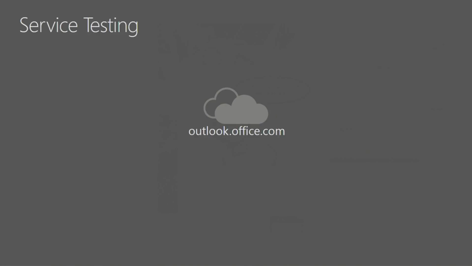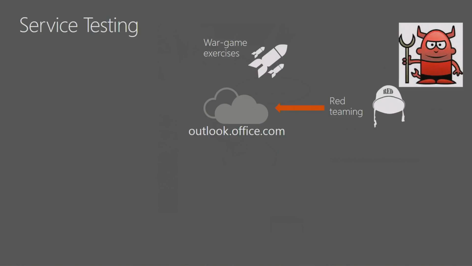One of the other ways we help to improve the service is, in some cases, we run what we call war game exercises or monthly drills. We have a team called the Red Team. Their job is to essentially look for vulnerabilities in the service. They don't tell anybody they're doing this. Their job is, in fact, to not tell anyone. Of course, they do this with a very clear set of rules of engagement. No destructive testing, focus only on Microsoft.